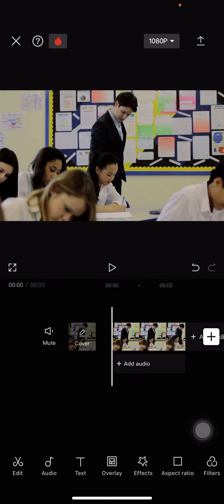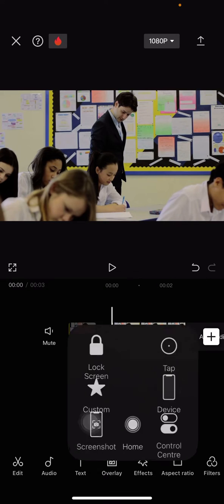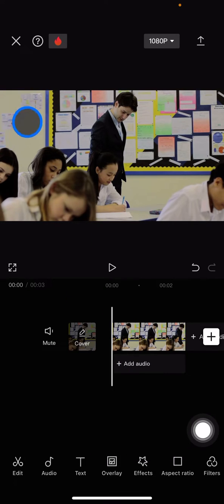To remove an object from the video with CapCut. So here I already have the video in my project, and let's try to remove some of the peppers on the walls here. The first thing you have to do is click the clip, and